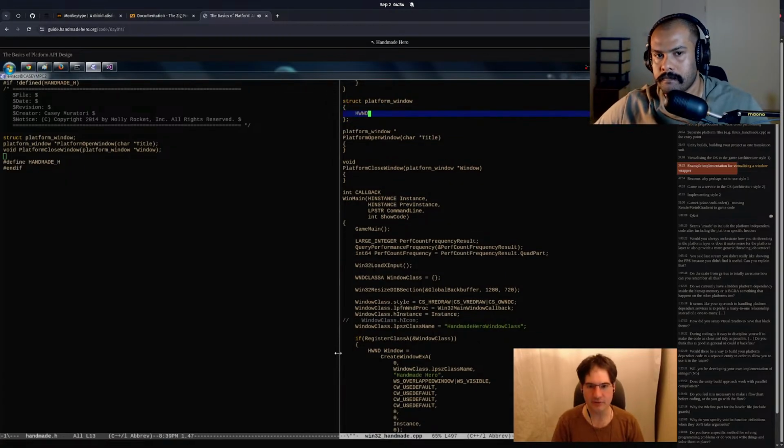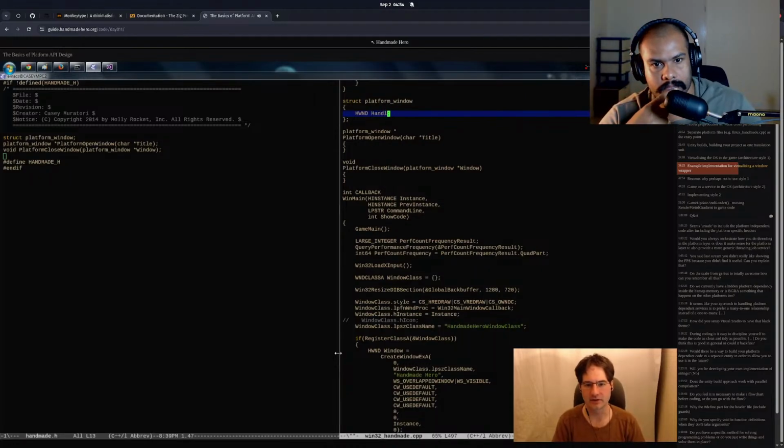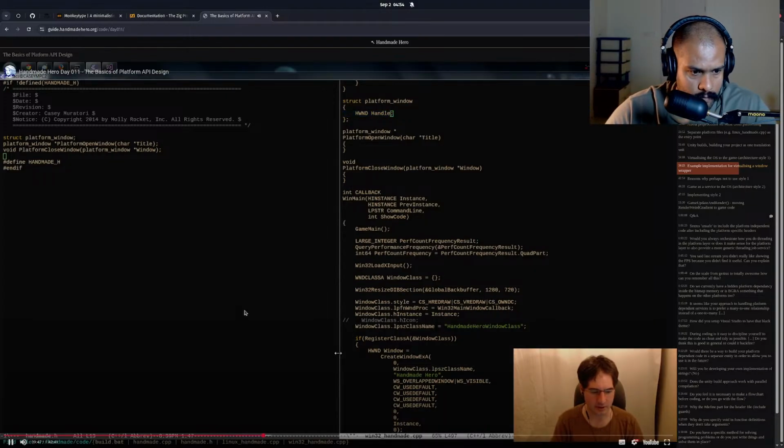So we can, in our platform window here, store the hwin handle. This is the handle. And inside our Linux one,